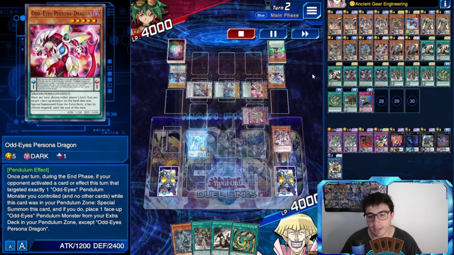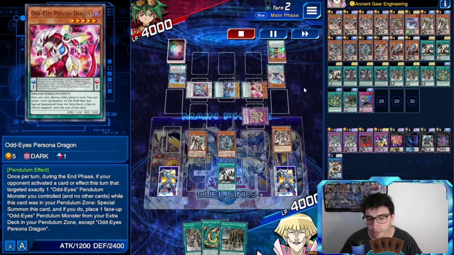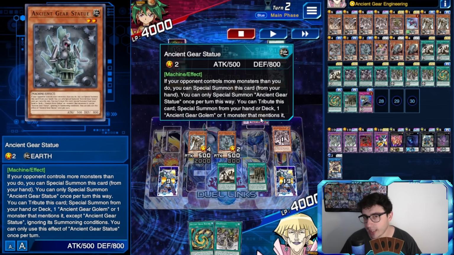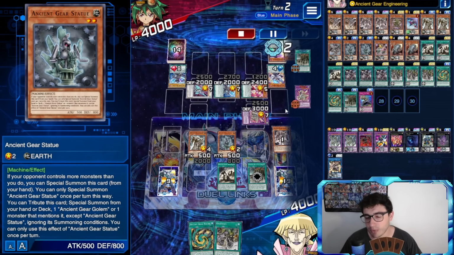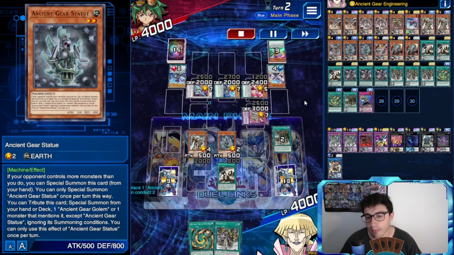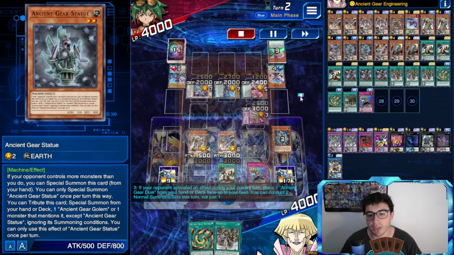So I started with the commander, trying actually to make him negate, but he didn't go for it, apparently. So at this point, instead of going with the statue, which he can negate, I went with the fortress, so that he was forced to negate it with the Vortex Dragon, and now we can go with the statue without caring about anything. So he activates something, so we have the Ancient Gear Duel, at this point Dark Golem,